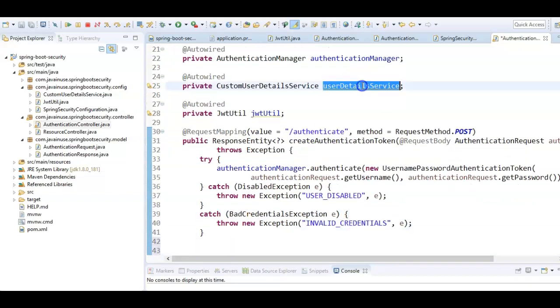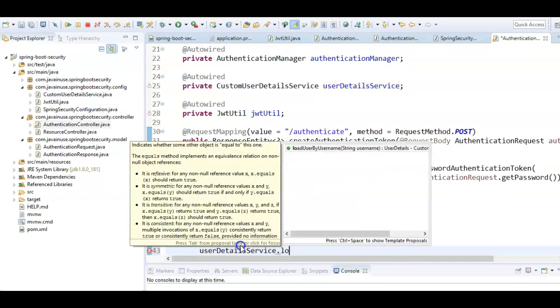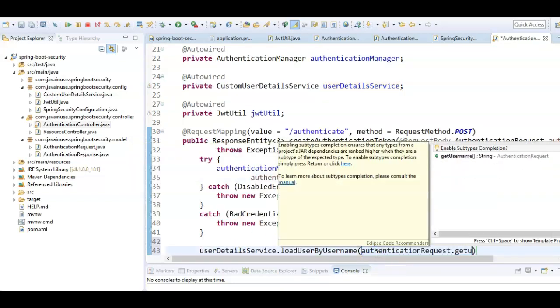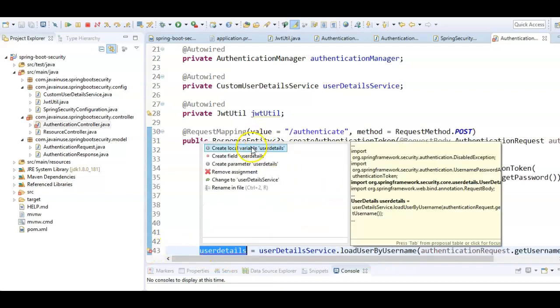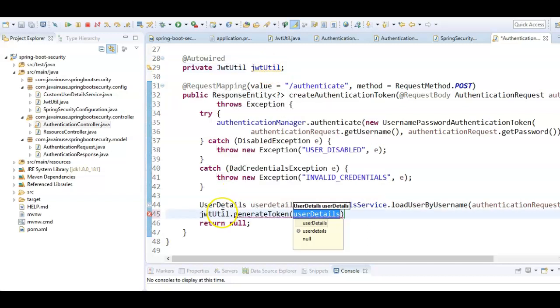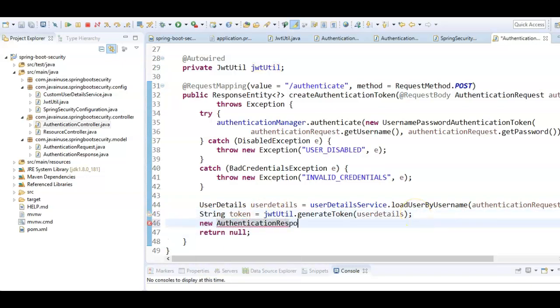If the authentication is successful, then using the userDetailService.loadUserByUsername method, we'll be getting the user detail object. Also, for the loadUserByUsername method, we'll need to pass the username, for which we have to load the user object. Next we'll be making a call to the jwtUtil.generateToken method. To this we'll be passing the user details. Finally we'll be returning the generated JSON Web Token back to the user. We'll be storing the token in the authentication response, which we'll be returning back to the user. For this we'll be making use of the response entity, and the status will be returned as 200.